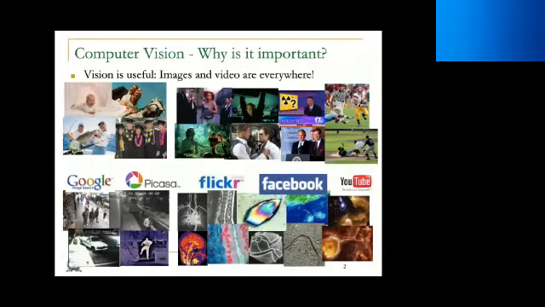Sketch-based image retrieval is one important application which falls under computer vision. So what is computer vision and why is it so important? Computer vision traditionally dealt with mainly images and videos, and it is so important because images and videos are everywhere. For example, we take images and videos of big and small events of our lives. Then there are sports videos, surveillance images and videos, medical images, and satellite images and so on. So it's very important that we know how to store this huge amount of data, how to analyze this data, and how to retrieve it as and when required.